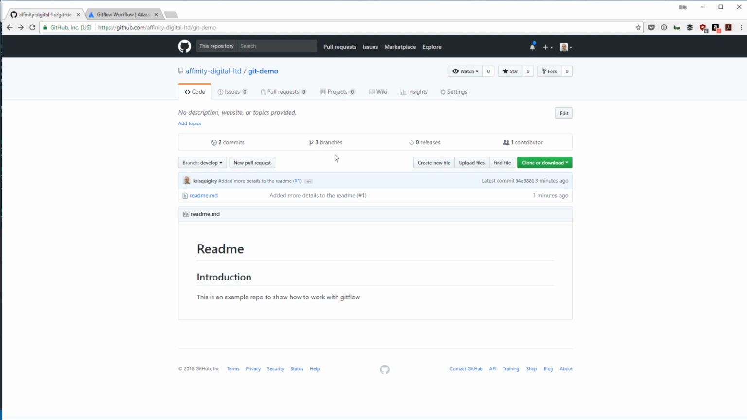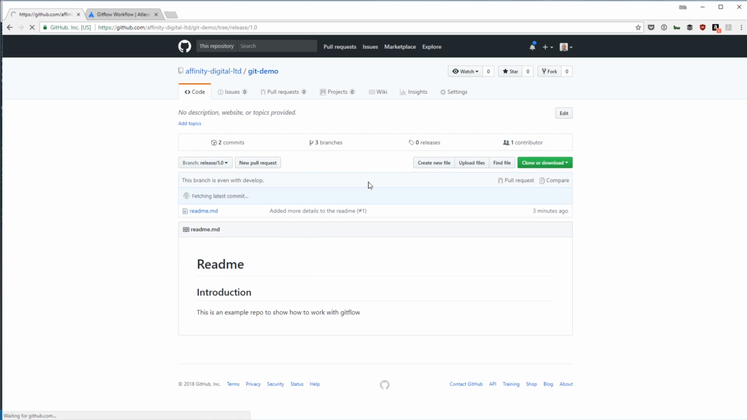So at that point, I might want to then use that release branch, and if I go to the release branch, I might want to download it as a zip and then upload that somewhere to a server and deploy it, or